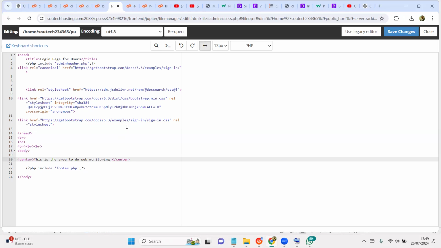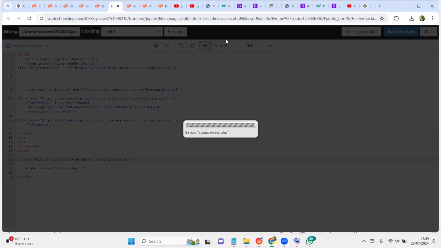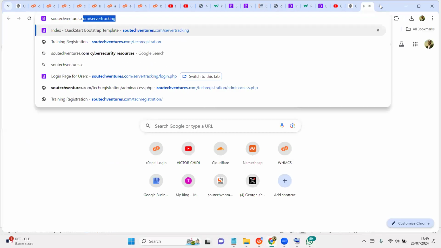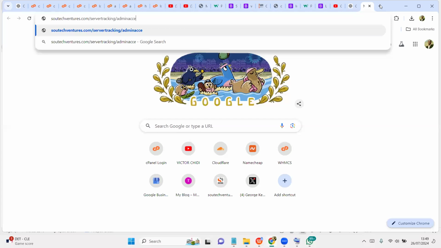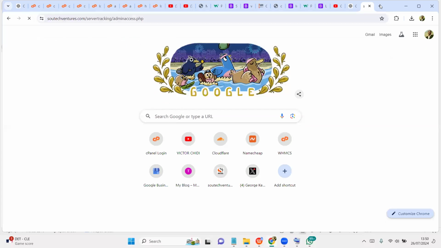I don't want to take time to now start doing a login system for admin, right? So if I say southechventures.com/server tracking/admin access.php, we see something like this.